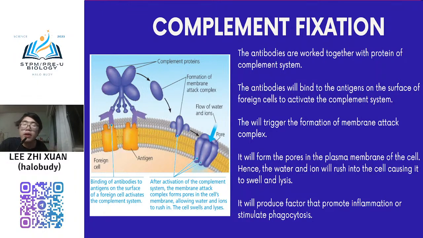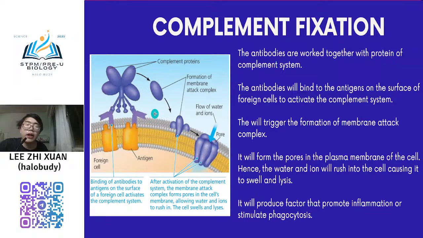So in the human immune response, your antibody can also trigger complement fixation, or activation of the complement system, which can also destroy cells. The main effect is still the same as the cell-mediated immune response: it destroys the cell, but the way they destroy it is different. This one uses antibody, but not only antibody, it also requires the complement proteins. So this antibody will work together with the proteins of the complement system.